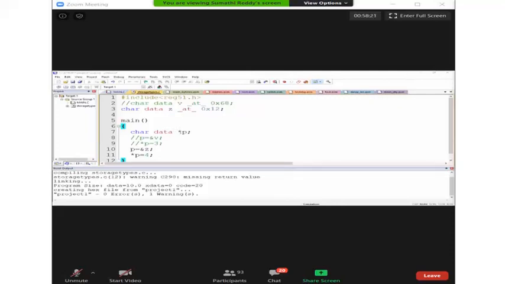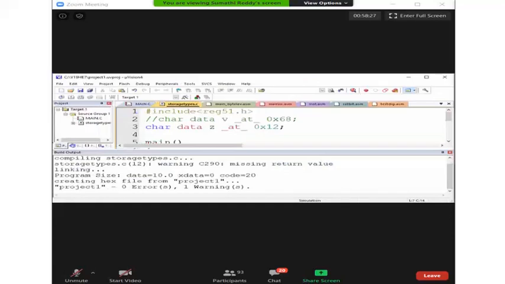The storage type I am mentioning to the pointer will tell you which data the pointer can point to. If I provide data as a storage type to the pointer, this defines that the pointer can point to directly addressable RAM only.